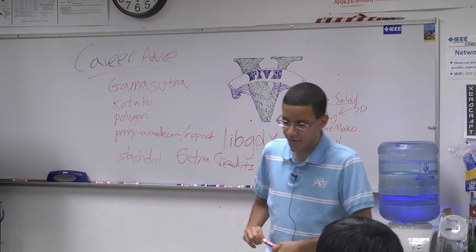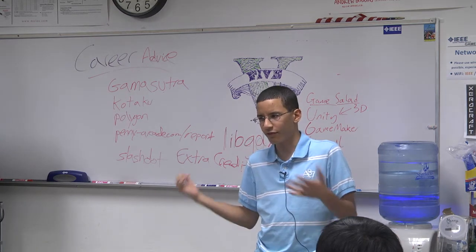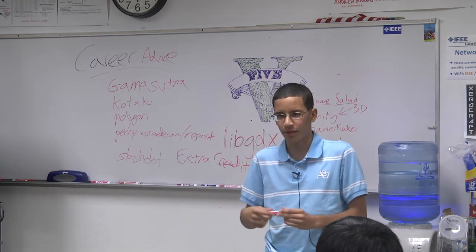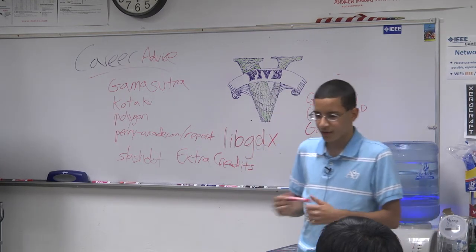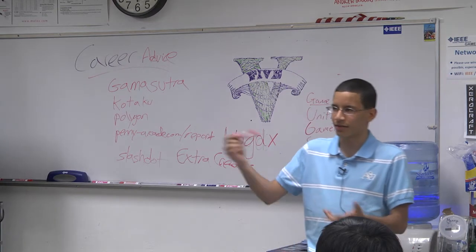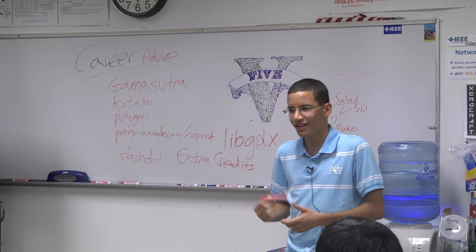So when you're looking for the best way to figure out what kind of jobs, what kind of skills you need for whatever position you're aiming for, whether it's for programming, game design, art, music, whatever, the best way to see what skills you need is to actually look at job descriptions and see what skills they ask. A lot of people don't do that, and it's such an obvious thing to do.